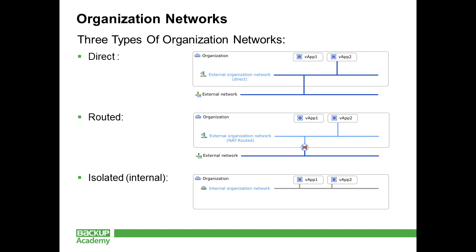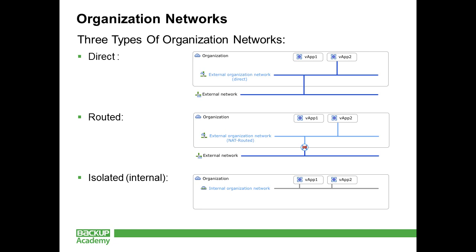They can be connected to external networks as direct networks, routed networks, or they can be private, internal, isolated networks. You can see via the routed one that we have an edge firewall in place to keep that network segregated,